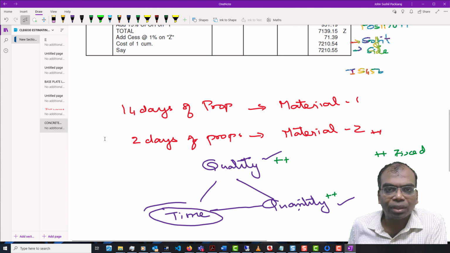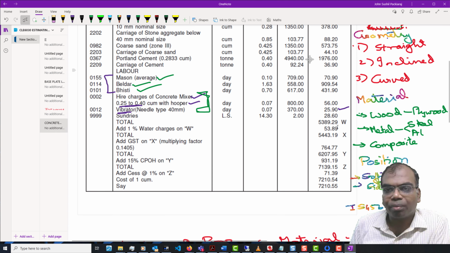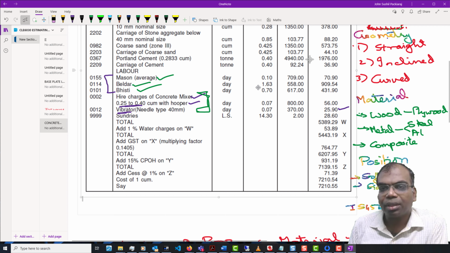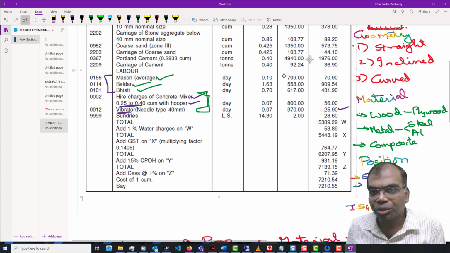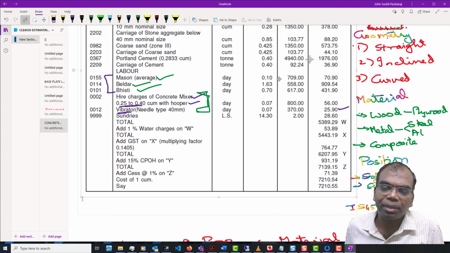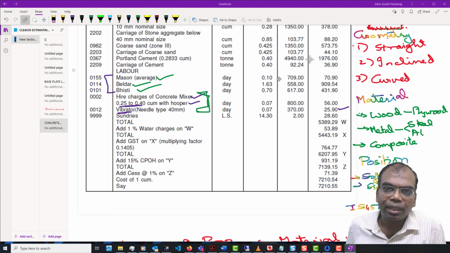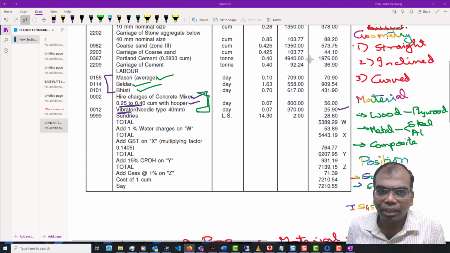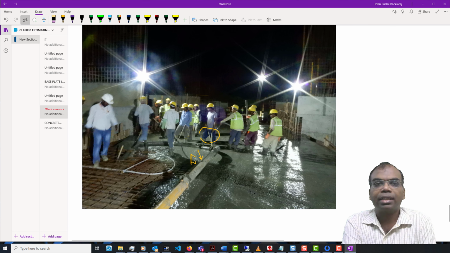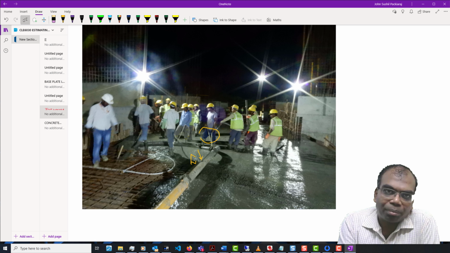Of course, although this was not for a slab, you'll find that the number of men says 0.1, which seems very small. But if I'm going to do 1000 meter cube per day, I think you'll get the idea of how it is going to come. 1000 is a very large number. Let us just say 100 meter cube per day. You will find that you need 10 people in the mason cadre, and the helpers automatically go up. This is just an example to show how the numbers we get over there are correlated.